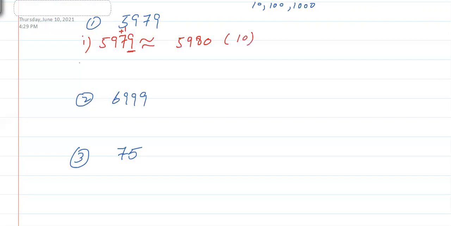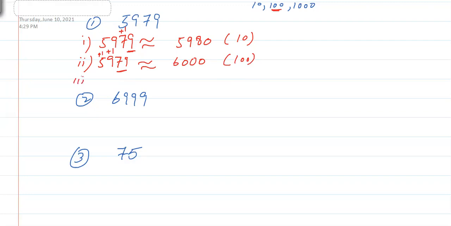Okay. Now in the second part, the second thing is to round to the nearest 100. Now for the nearest 100, these ending 2 digits I have to make 0. Then I need to add 1 here because the second digit is 7. So it will become 10. When I make it 10, I can't write 10, so I will write 0. 1 will carry here. So it will become 6000. It's to the nearest 100.